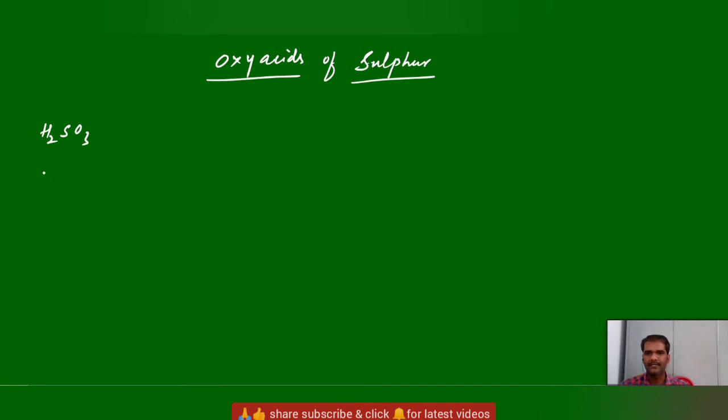Next one, H2SO3. H2SO4 is a sulfuric acid. H2SO5 is a single sulfur series, then two sulfurs,